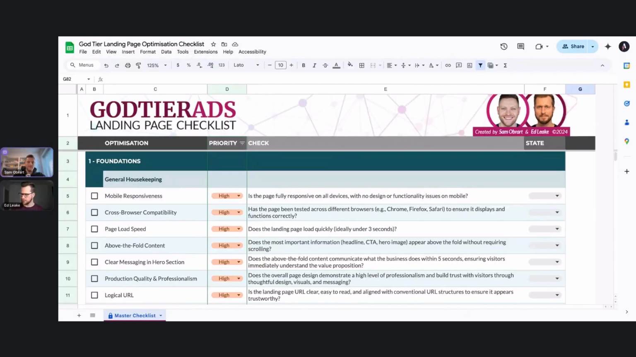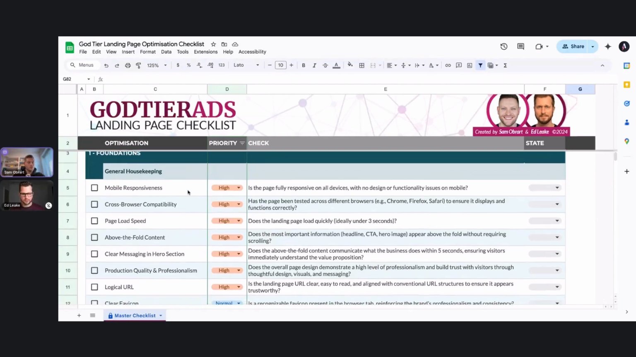Welcome to the start of the checklist. As you can see, we've got a section about foundations, and these are really just the core things that you should have in place before launching your page, such as mobile responsiveness. And many of these are so obvious and basic, but it's always good to run through them, because what you'll